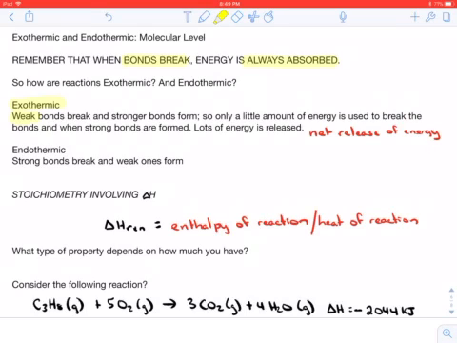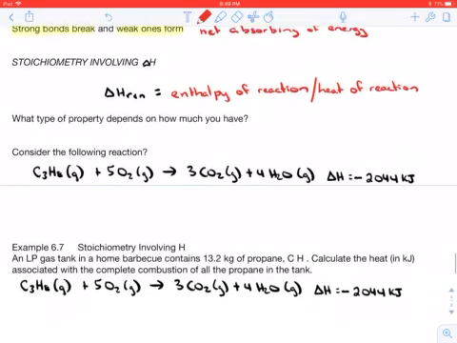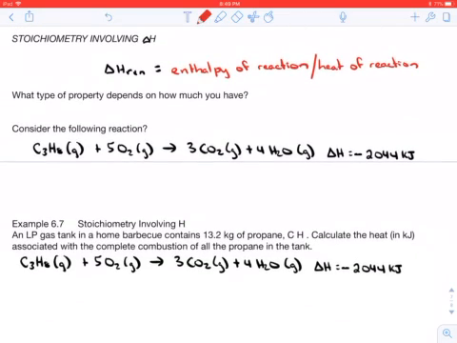Then if we have endothermic reactions, this is where we have strong bonds breaking and weak ones forming. So this is going to be a net absorbing of energy. Now this is kind of all background, and the key here in this section, the one that we're going to